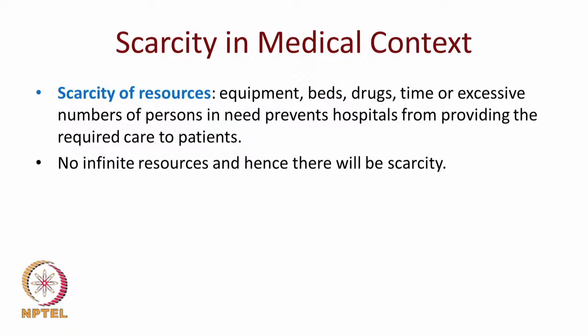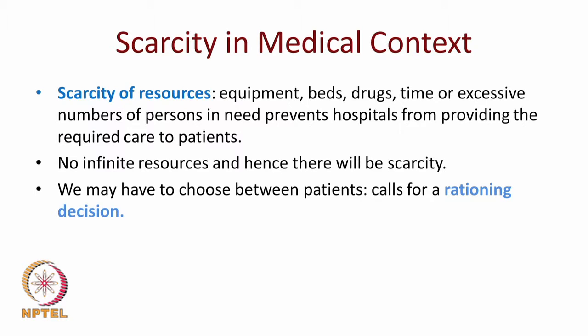When you refer to organs for transplantation, it is a universal problem. Everywhere there is a scarcity. People are in queue for several years. Some people may have to wait, and some people may die in that process. And we may have to choose between patients, which calls for a rationing decision. This is one of the very unfortunate and sad scenarios which we come across in today's modern medicine, where doctors or policy makers or government or other concerned stakeholders may have to choose between the